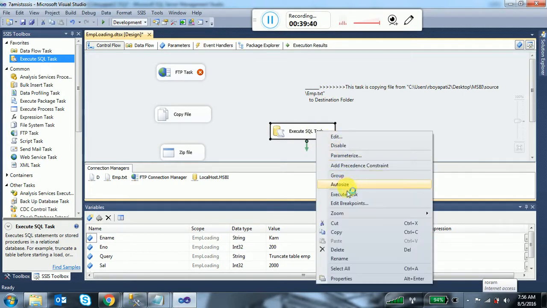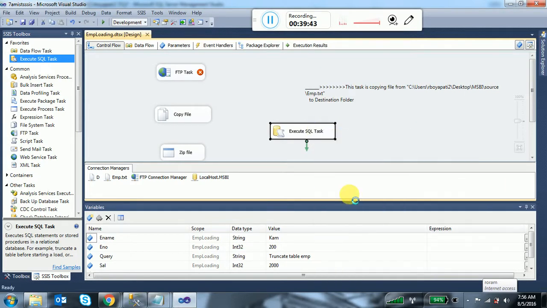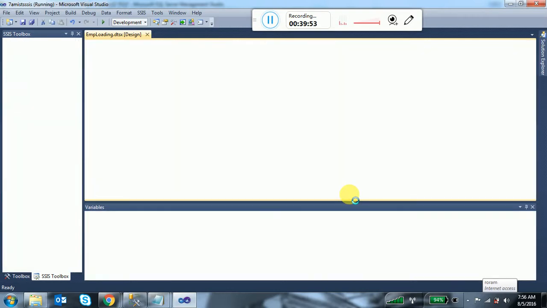Executed successfully. We'll check whether that record is inserted. Select star from EMP. 200 KAM 2000. The value is inserted.